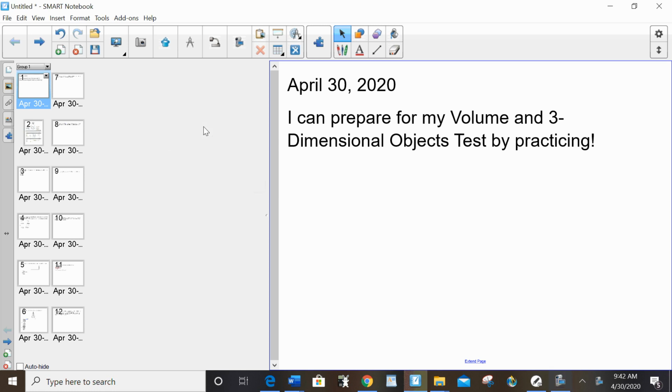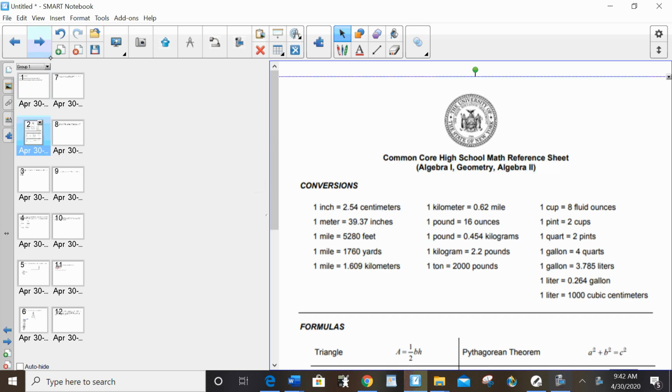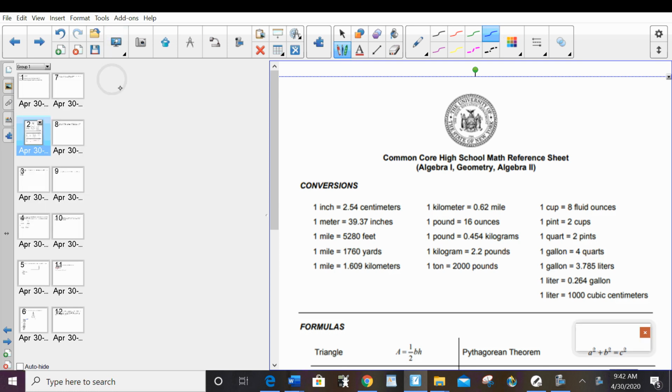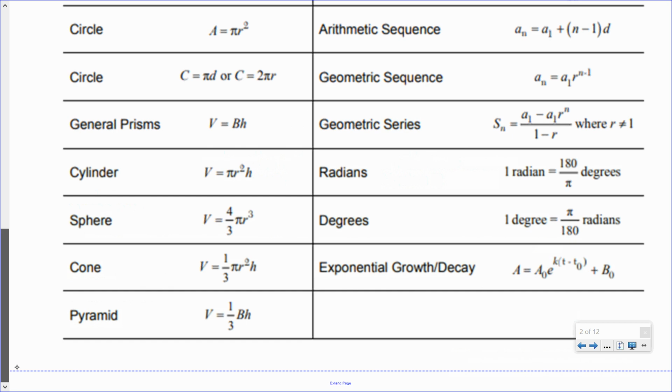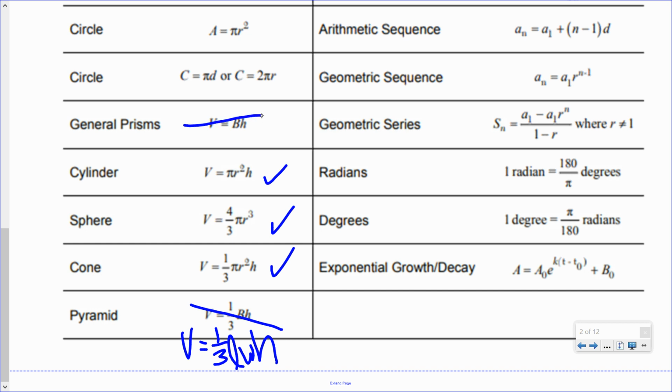All right, this is your reference sheet that's given to you. Now, again, there's something I want you to change on your reference sheet because I don't like how it's given to you. We're going to cross out pyramid. B is the area of the base, so it's 1/3 length times width times height. Cone's good, sphere's good, cylinder's good. General prism, again, that capital B is the area of the base